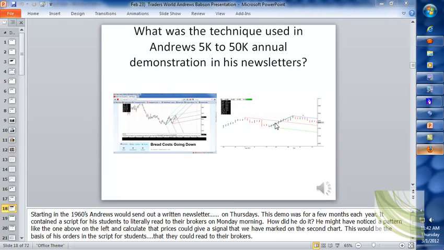So first of all, remember that he would send out a newsletter on Thursdays. So let's say this is Thursday over here, this bar here. He would have Friday, which was typically a quiet day, and then Monday or Tuesday of next week to fill the orders. So when he has this much information, he can look at a chart and say, hey, I have these indicators coming in here that tell me I've got an Andrews trend reversal indication and prices are going down. And if they come up here,